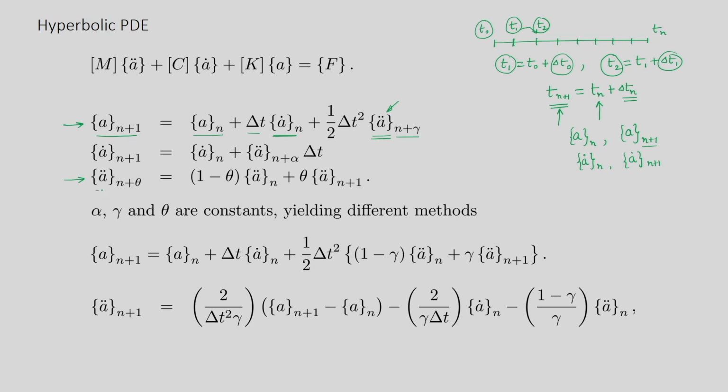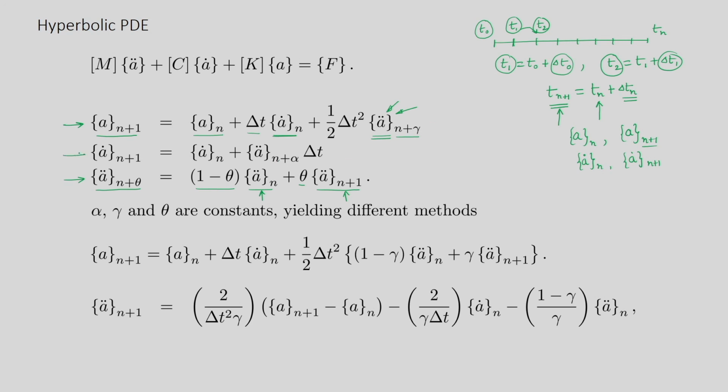So you see the acceleration at n plus theta, so theta has to be replaced by gamma. If I want to express A double dot at n plus theta, I just have to multiply 1 minus theta with the acceleration at n, and theta into the acceleration at n plus 1. So in some sense it is basically interpolating. By choosing different theta, I can obtain the acceleration from the acceleration at time instant n and the acceleration at n plus 1. So in order to find the acceleration at n plus gamma, I just have to replace theta with gamma.